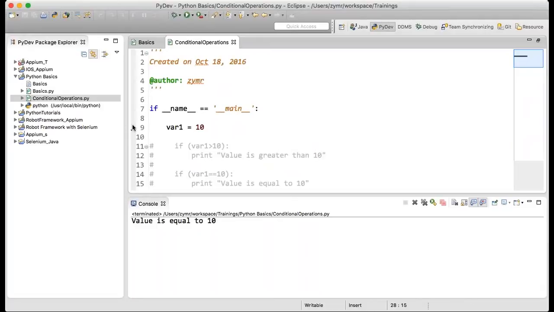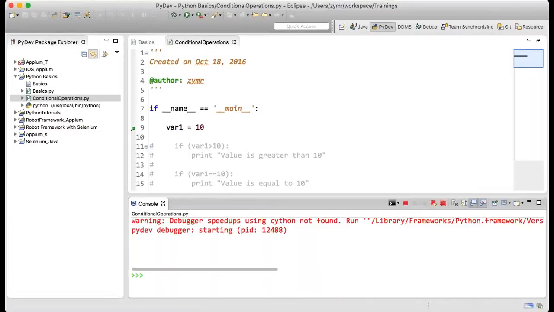So I will do a double click here. If you see the PyDev breakpoints, the green sign in Eclipse here, this will show you the breakpoint. Now how can I debug the program? The same way, there was an option which we have been using for a couple of minutes here. We have been using Run As. Instead of Run As, we will use the option Debug As. Let's see, Debug As Python Run.